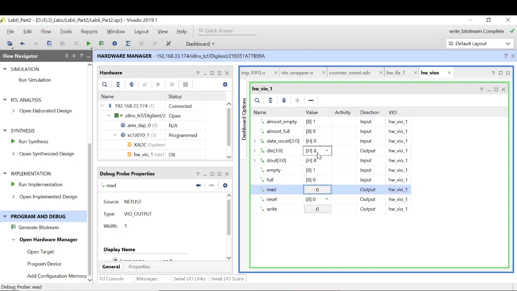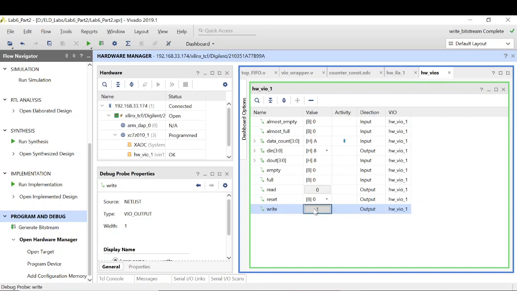Now let's keep the data as DIN, and we will do multiple writes of the same data. Two.